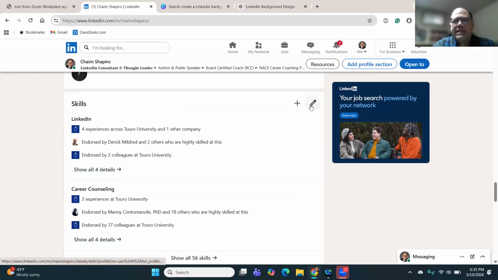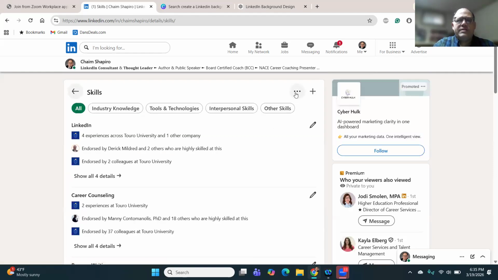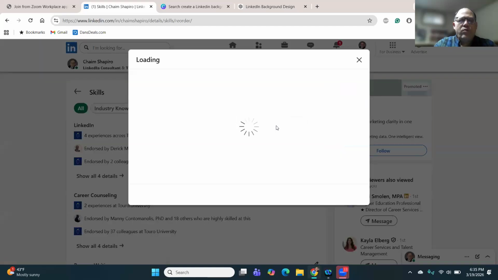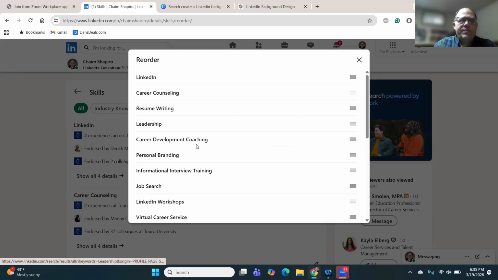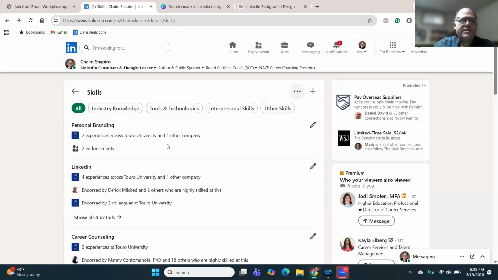Now, you can add skills and you can move the skills around by clicking that little pencil. This is how you reorder skills. So I can go in here, reorder, and if I wanted to move, let's say, personal branding to the top, because that's the one I want them to see, drag and drop, that's going to move that to the top, and then it moves the other things down. But I think the two that you really want people to see are the ones you want to have there at the top. And when I'm done today, I'll move LinkedIn back to that top thing.